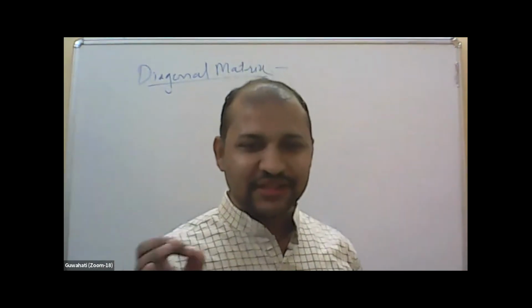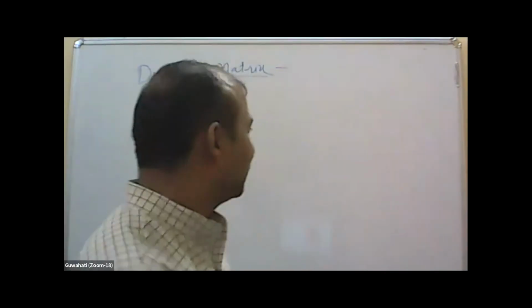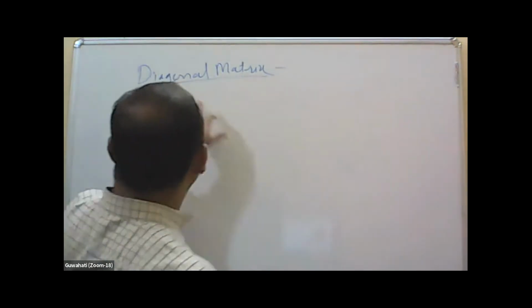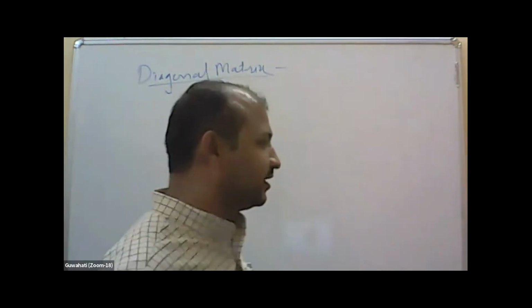It can be written like this: if 2 is the number on the diagonal, then we can take 2 as a constant, and in the matrix it will be left as 1 0 0, 0 1 0, 0 0 1. What do we call that particular matrix? I think it's the identity matrix. Okay, we will come to the identity matrix later. A diagonal matrix is a square matrix. A is said to be a diagonal matrix if